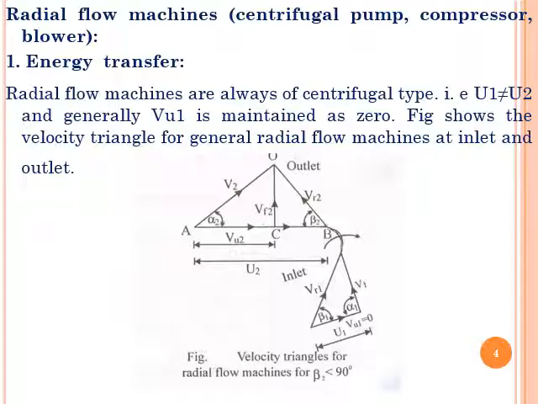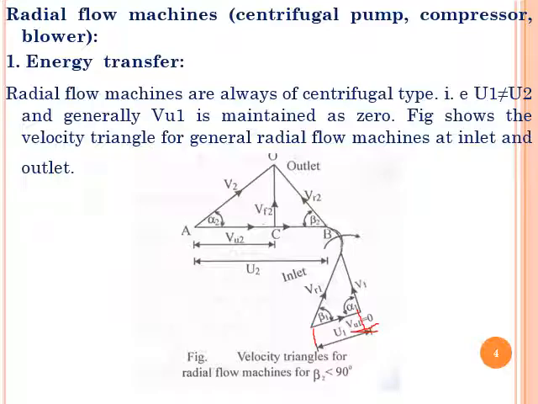For that reason, the absolute velocity is radial, and the corresponding angle alpha 1 is equal to 90 degrees. For that reason, the tangential velocity at inlet Vu1 is equal to 0, and this total distance is taken as U1. Now coming to the exit velocity triangle,